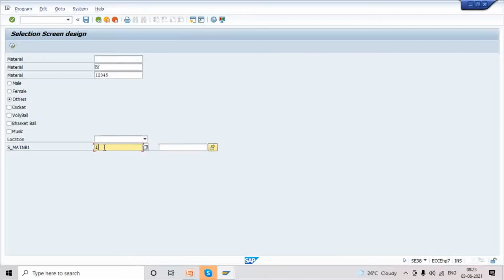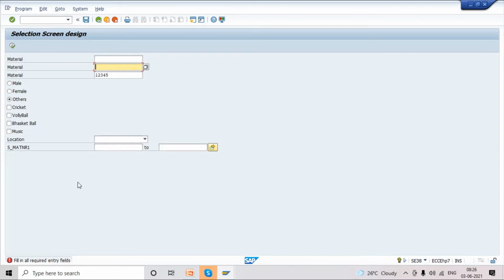So we can say material number 1 to 100,000 we can give. This is a single range, but if you want to give multiple ranges, like consider students, we have 10,000 students. You want to display students 1 to 500. After 500, you want to skip, and you want to display 700 to 2,000. Again, after 2,000, you want to skip, then 2,200 to 2,800. Like that, you want to give alternatively. Then it is multiple ranges, right, not a single range. Yes, you can define this through the arrow mark, multiple selections.